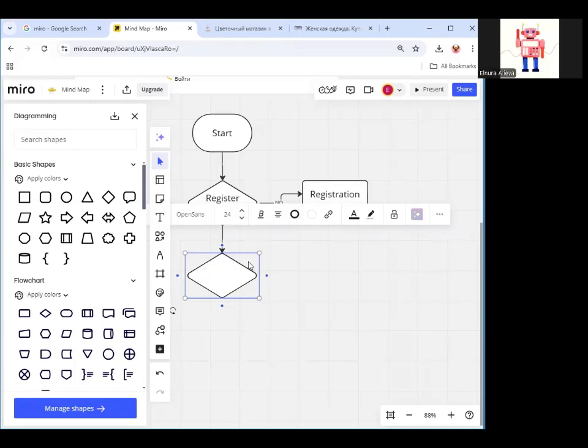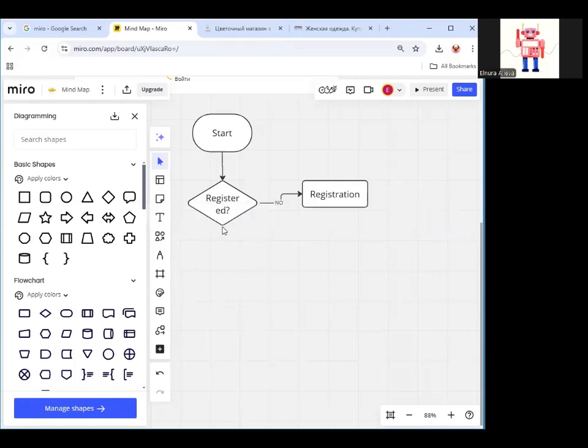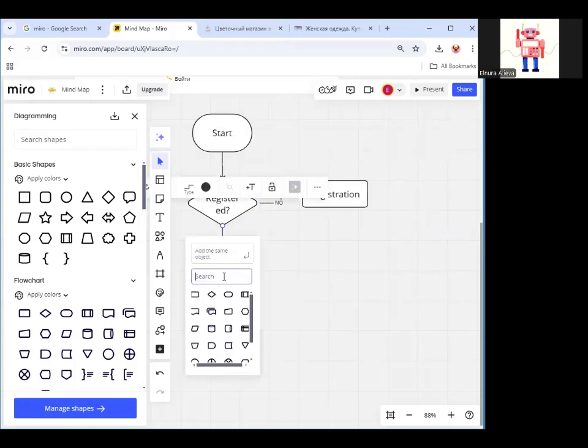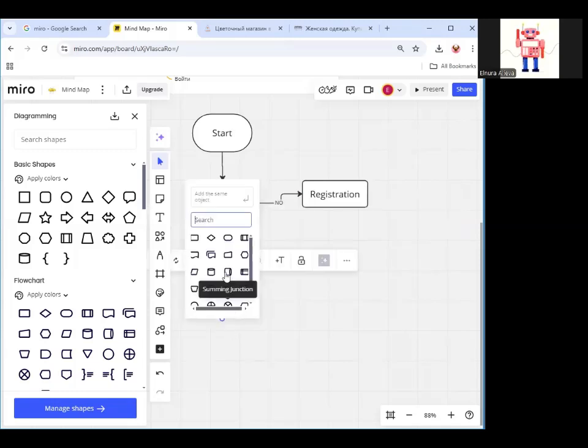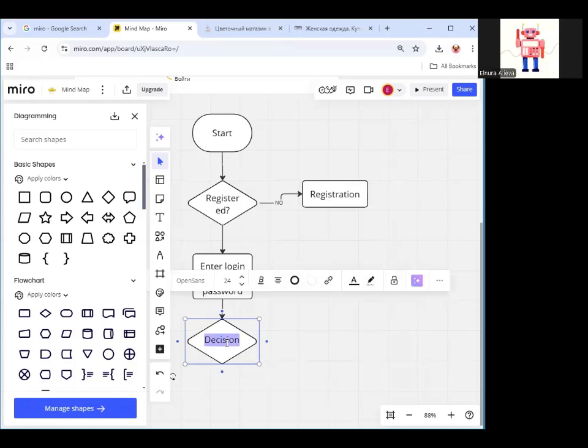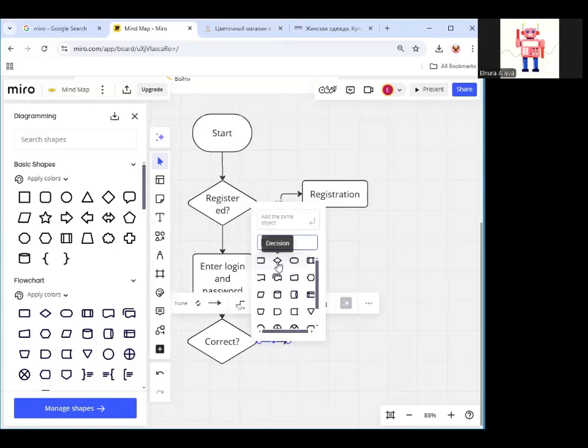Oh, not question. Sorry. There will be the process: enter login and password. Okay, now the question is here. The question is that if it's correct, then you will finish. But if it's no, if it's wrong, we say here,